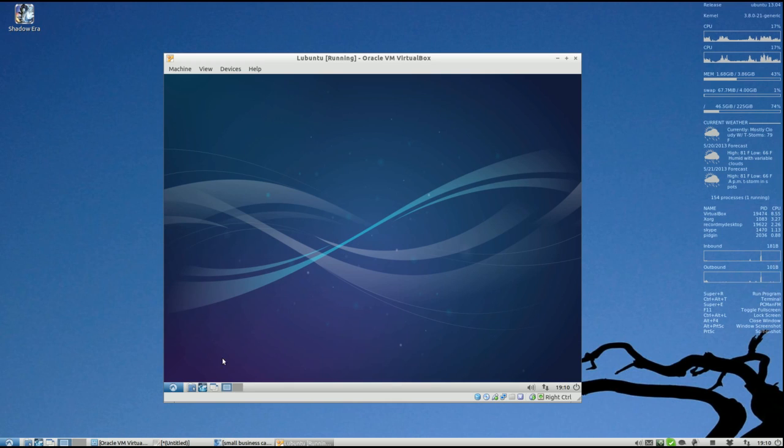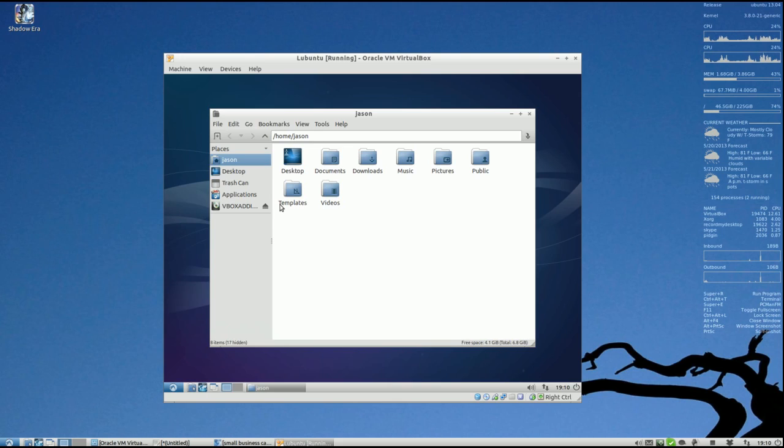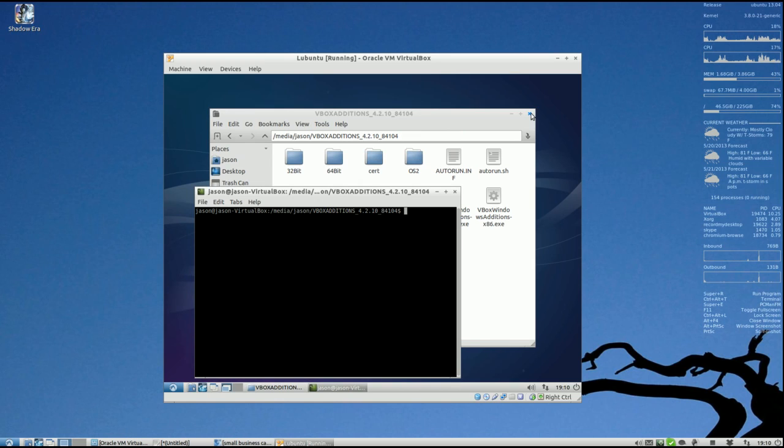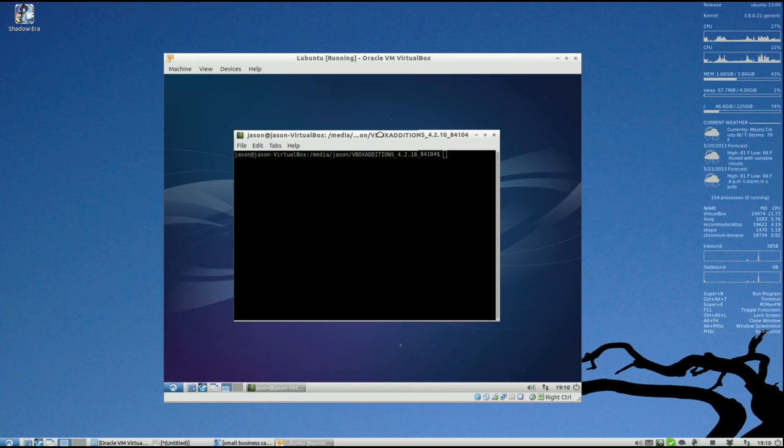Once the ISO is mounted, if you go into your file manager, you left click right here on VBoxAdditions. That right there is your ISO mounted in your virtual CD drive. Right here, go to Tools, open current folder in Terminal. You can close that file manager up, bring this up, and type